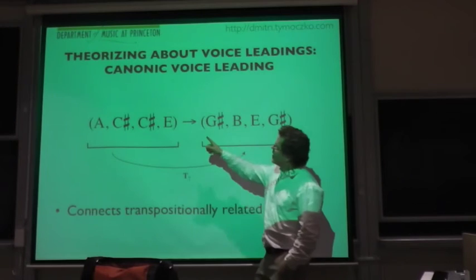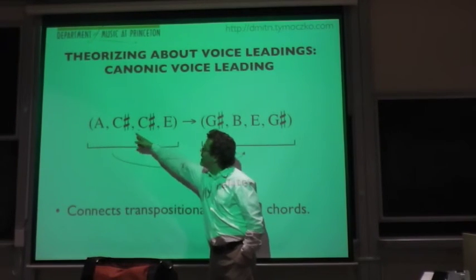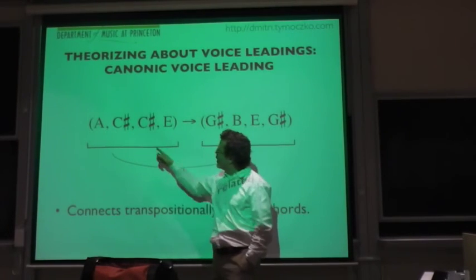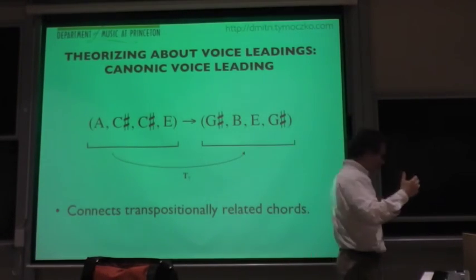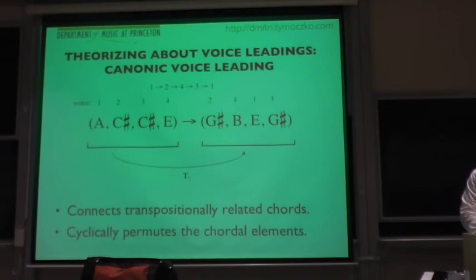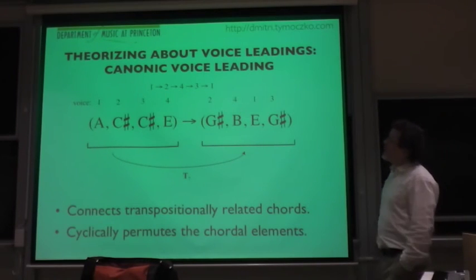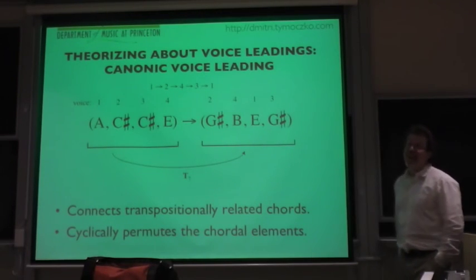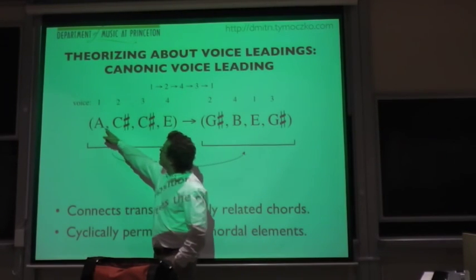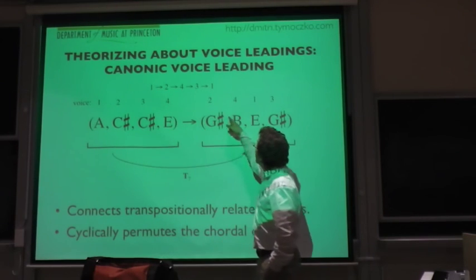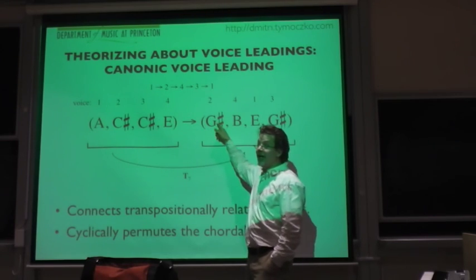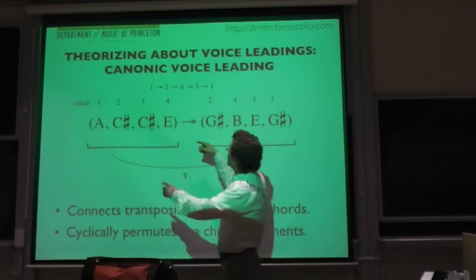this chord is an A major chord with 2 instances of the third, and this is an E major chord, also with 2 instances of the third, and so they're the same kind of chord, and that's the first qualification for being a canonic voice leading. The second thing is that the voice leading has to act as a cycle on the voices, meaning we have to be able to number these voices or name them somehow, numbered 1, 2, 3, 4, and now we number their analogs over here, and there are 2 different ways of doing it, one right, one wrong, and the right way creates a cycle where 1 gets